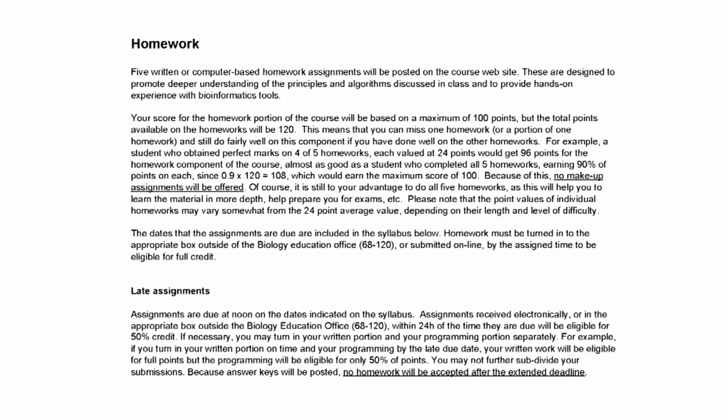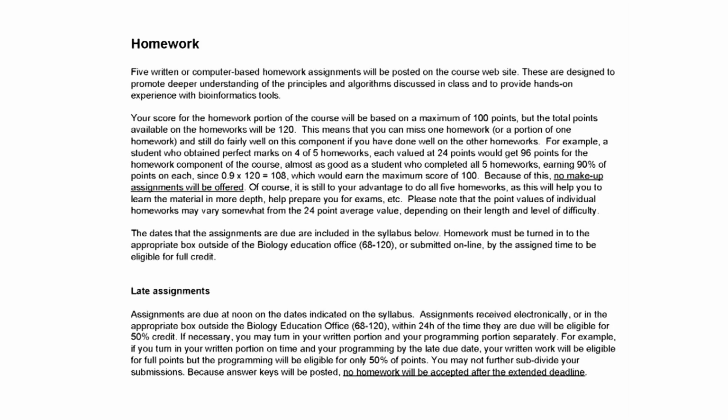So many of you might be seniors, you might be interviewing for graduate schools, or you might have other conflicts with the course. So rather than doing that on a case-by-case basis, which we found gets very, very complicated and is not necessarily fair, the way we've set it up is that the total number of points available on the 5 homeworks is 120, okay? But the maximum score that you can get is 100, okay? So if you, for example, were to get 90% on all 5 of the homeworks, that would be 90% of 120, which would be 108 points.